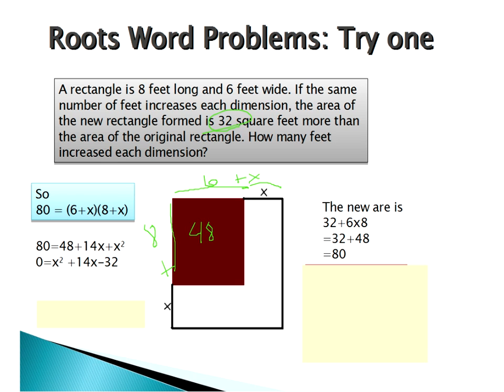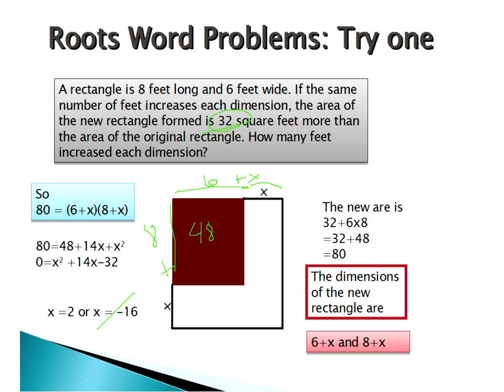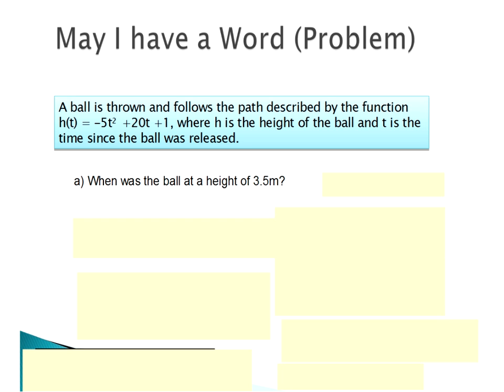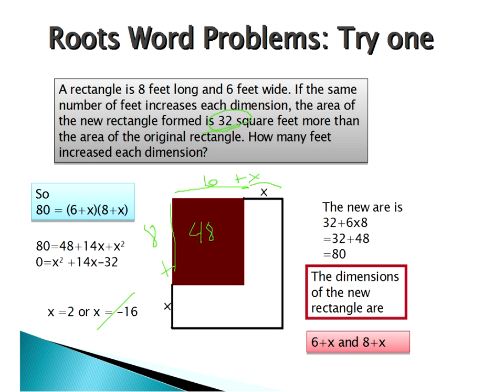I'm going to FOIL, make one side equal to 0, and use the quadratic root formula. And so I get either x equals 2 or x equals negative 16. Of course, I can't have a negative length, so I cross that out. We already used that. And so the answer here is